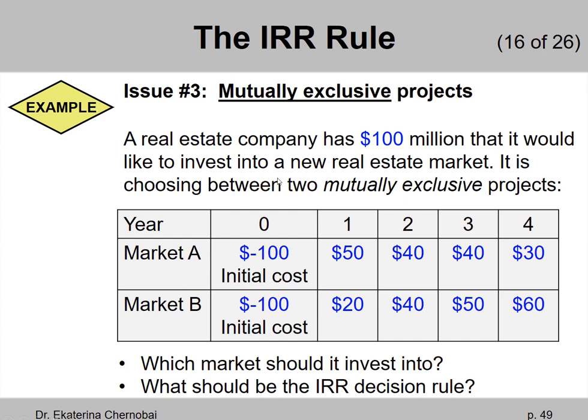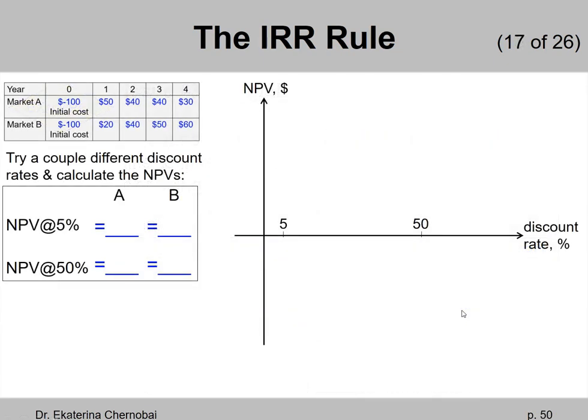Okay, because these are mutually exclusive projects, we cannot invest money into both, even if both look good. So which market should the company invest $100 million into? And we want to use the internal rate of return approach. So let's try a couple of different discount rates and calculate the net present value for those separately for each project. If we try, let's say, 5%